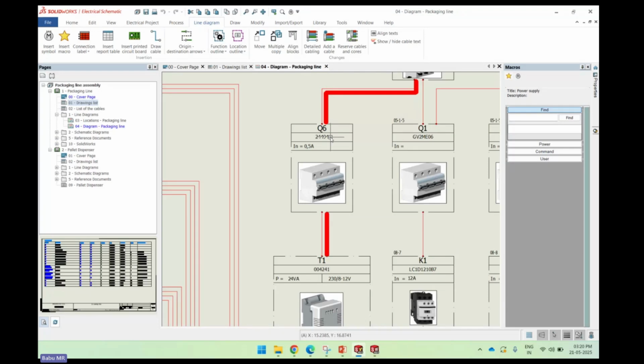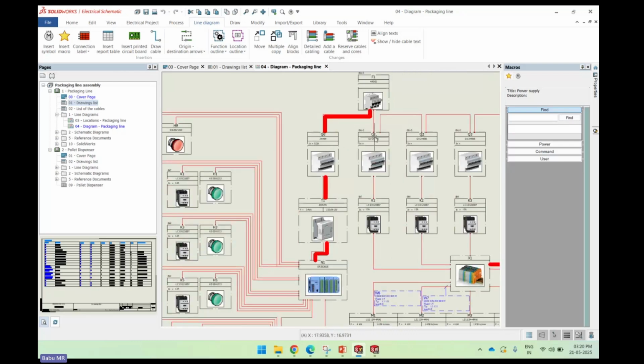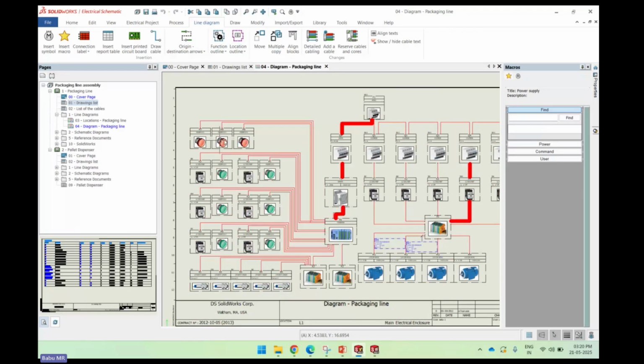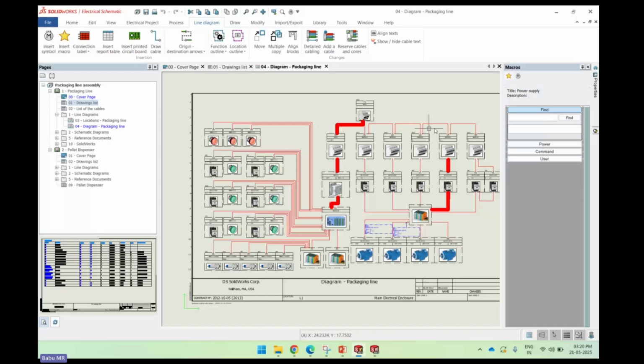So even if you want to create it as an image, we can customize the symbol, or if you want to use it as a standard symbol, that we can also customize here. So just to help non-technical persons identify, we are using these image-type symbols, and this is completely customizable. Okay, for this project, it is the main incomer from the fuse one,